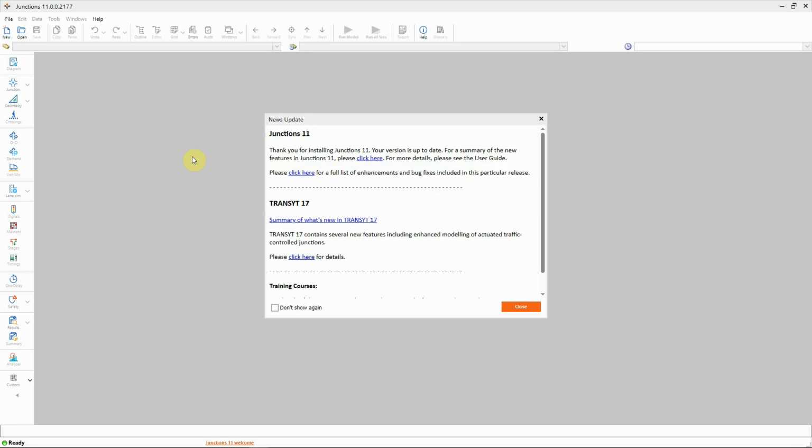When you launch Junctions, having logged in using your username and password, you may be presented with a News Update window. This pop-up window will either tell you there is a new version available or that it is fully up to date. In this case, it says I am up to date. A link is often provided that takes you to where you can read about new features of the latest major version,